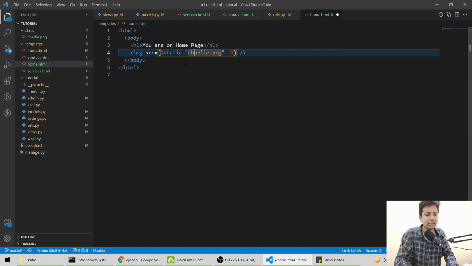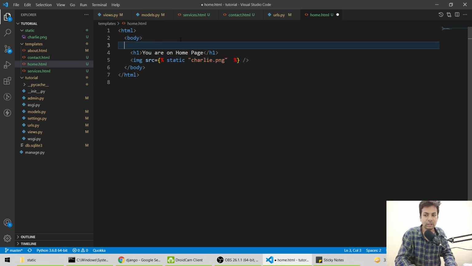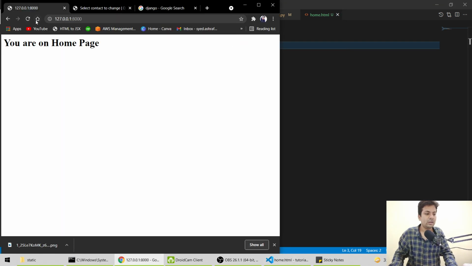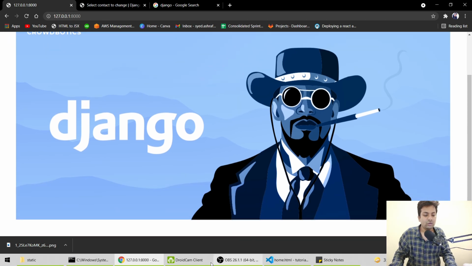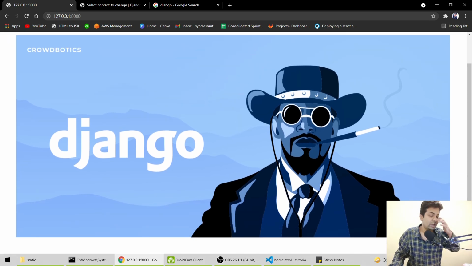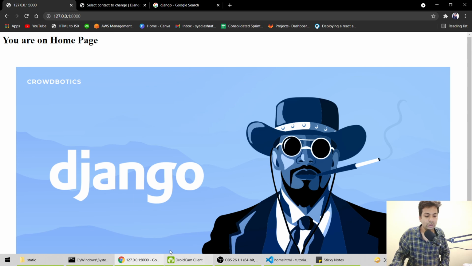But there is one thing: Python won't understand what static is, Django will ask. So in the starting we'll just do percentage, we'll say load static, hit save, come here, my home page, and we have the file here. Like this you can use static files for whatever files you want to use. So let me go back.